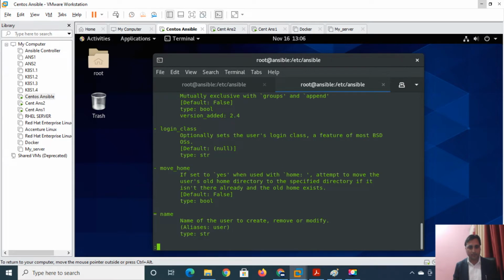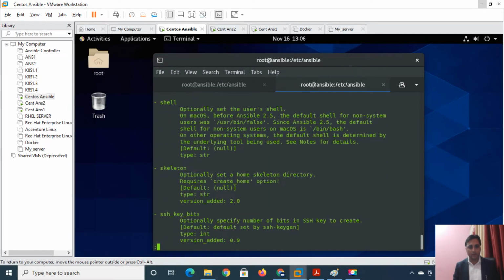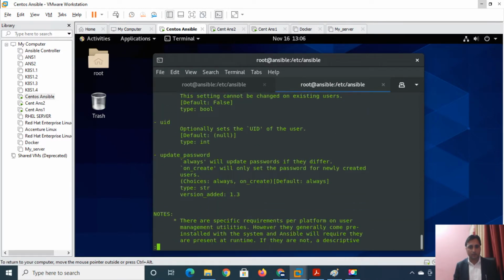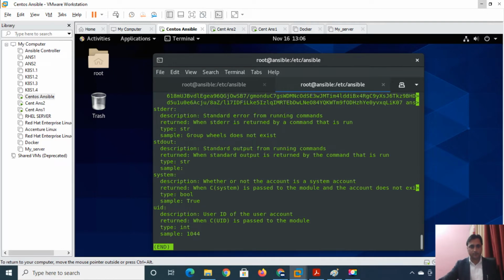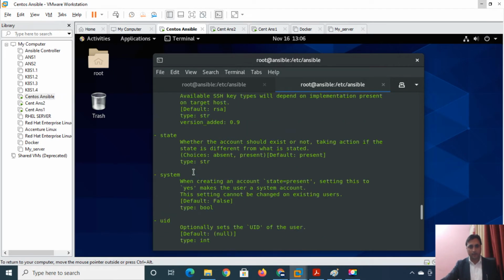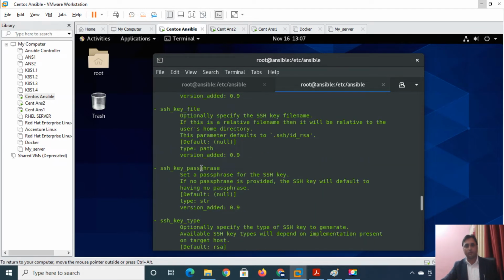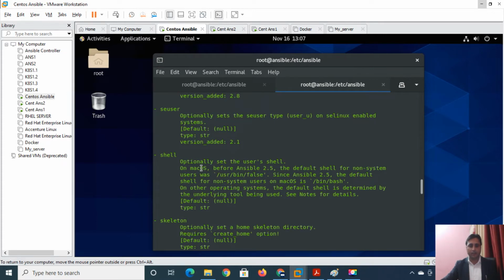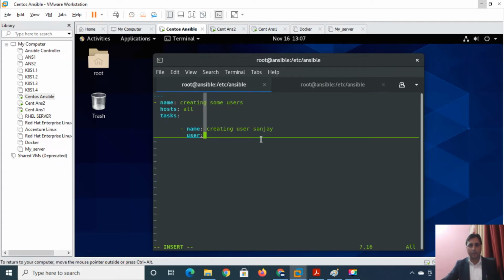Everything is available on how to write this code. You can choose the state, whatever you are going to change, the key, anything you can do. Now because I am already aware, this is the user module.